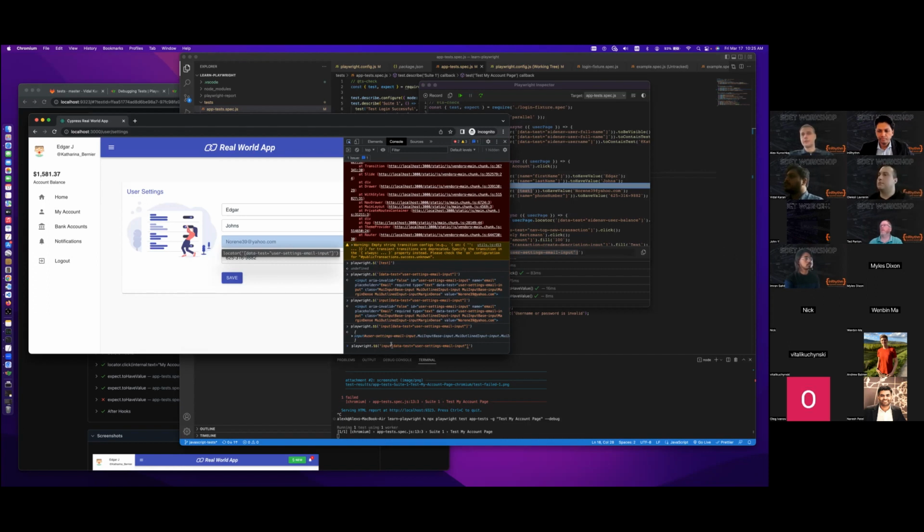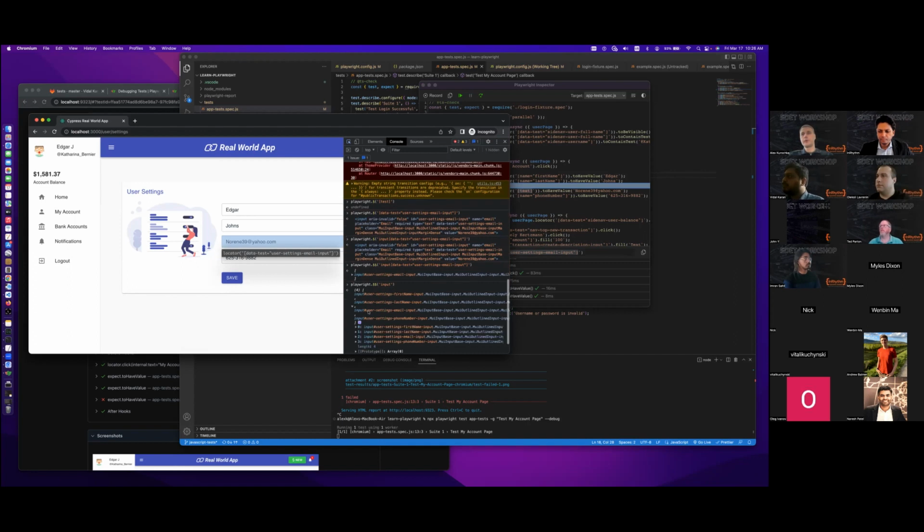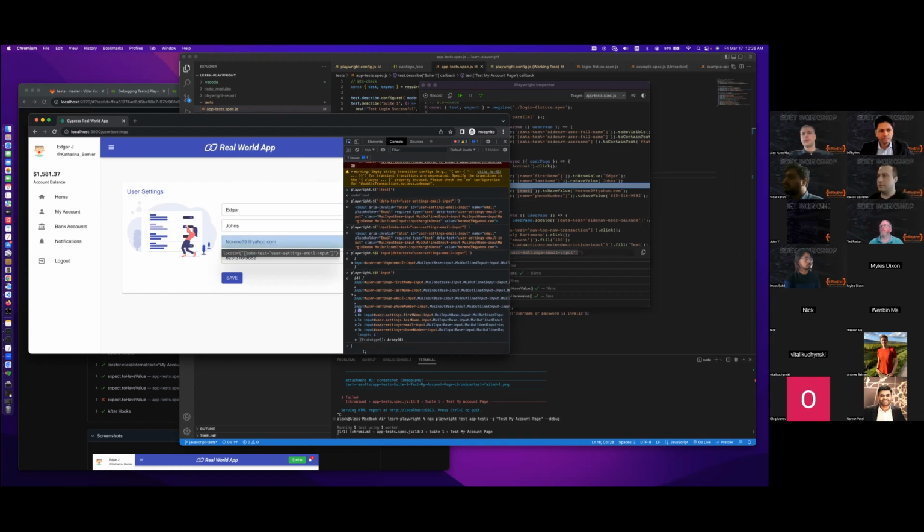We can just do input, which should relate to many. You can see the four elements returned, which correspond to each input in the DOM. Very useful feature Playwright gives you during debug in the browser. You can test your locators here.